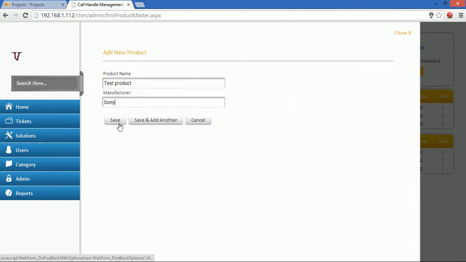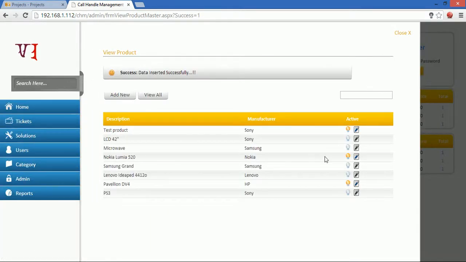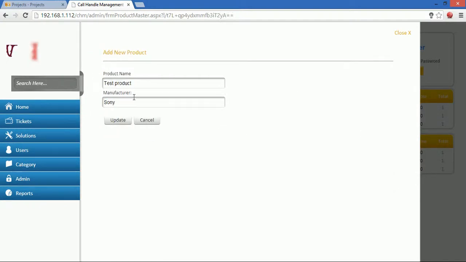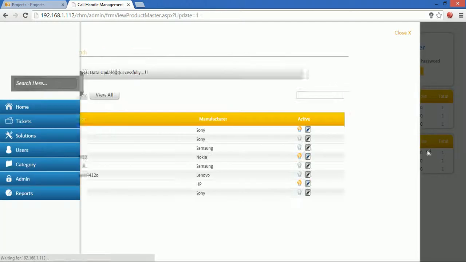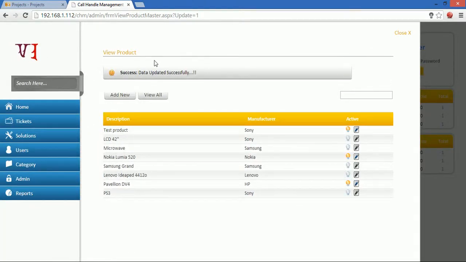If you want to add many more products, then just click on save and add another, as on other pages like categories and all. I'm just adding only one product, that's why I'm clicking on save. Here you can see the last added product, test product. If you want to modify, then just click on the edit icon. You can see the product name and manufacturer, just edit it and click on update. You can see the success message and